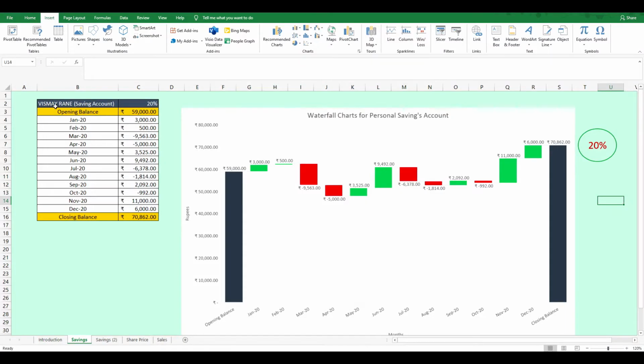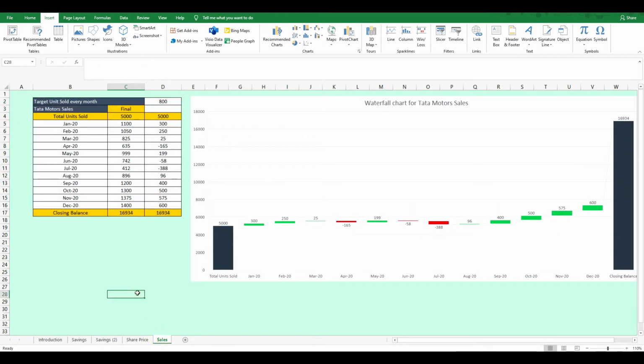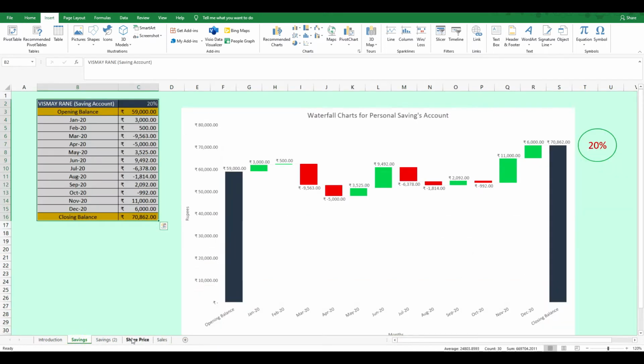Okay, so I'll just take a first example. In the previous video I showed you all three examples: the savings account, the share market and the sales units for a motor company. All this can be done using the same pattern that I'm going to show you now.